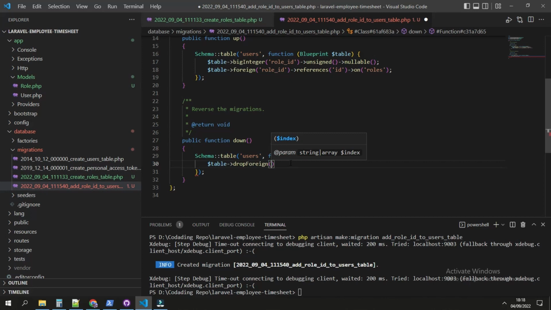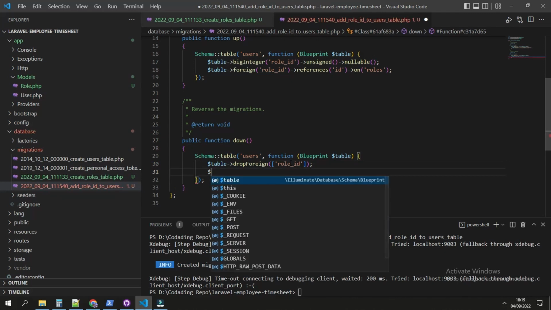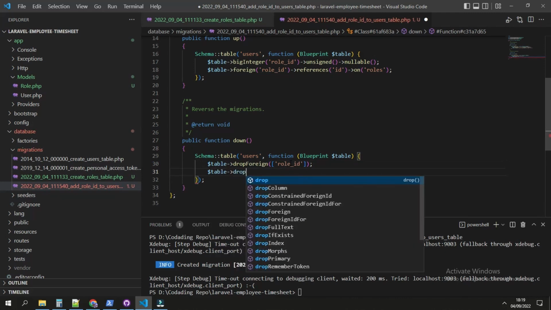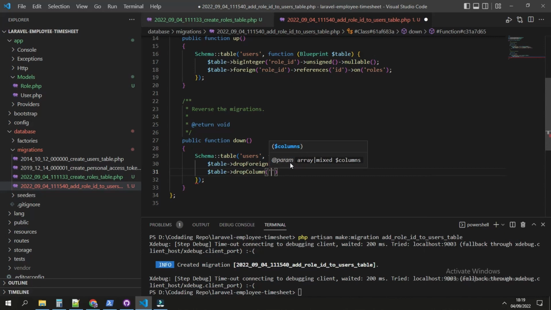So we cannot just type the name, but we will give the index of it, which can be achieved by enclosing it in square brackets. Now it will give the index of the column role_id to the method, and after we drop the foreign relationship, we drop the column. Now it asks for the column, and we can just type the column name, which is role_id.